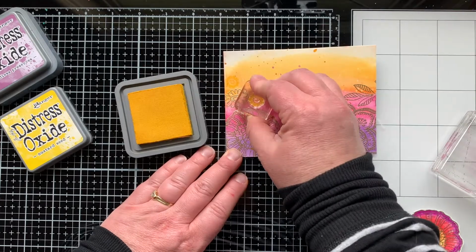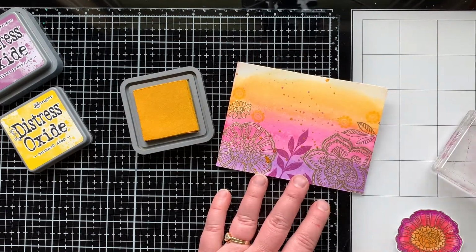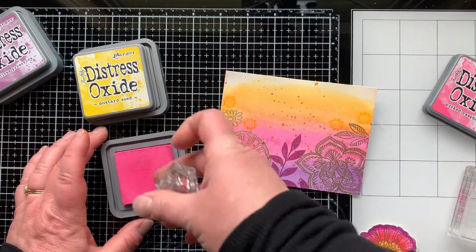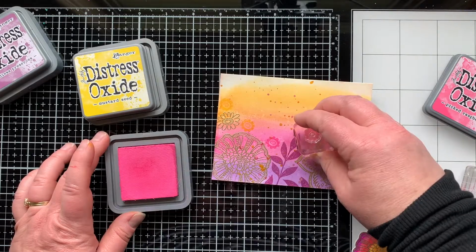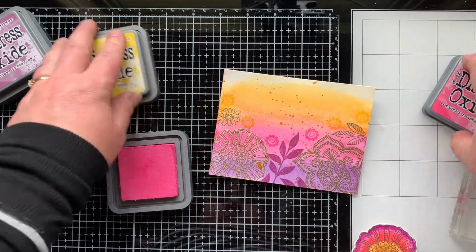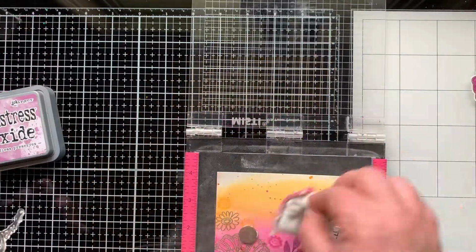To be honest with you, I thought I had grabbed wild honey, but I just went for it. I pulled out this color and it worked just fine. But Wild Honey I feel like is really that golden yellow color I used, so it would be good for this background too. And then a little bit of picked raspberry, and I thought that flower that I colored was